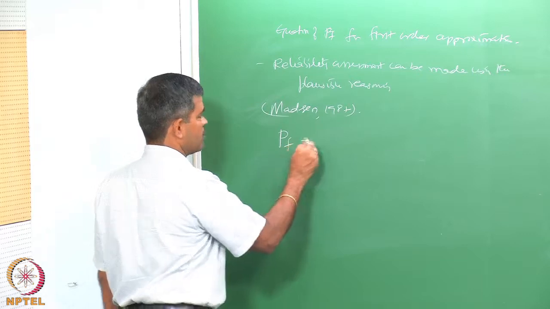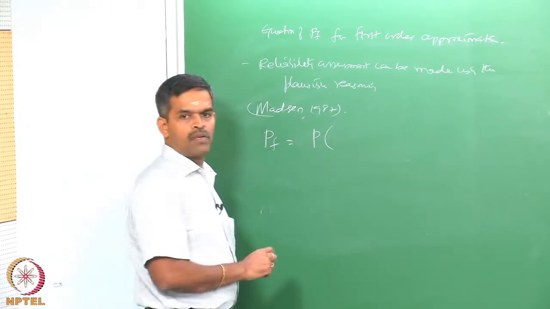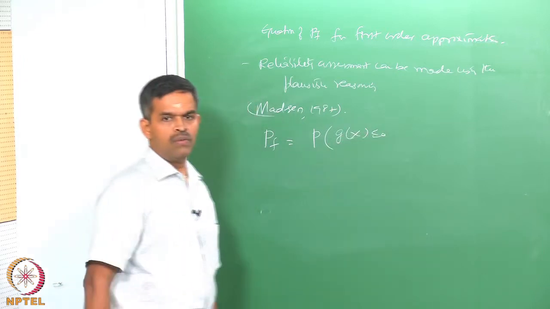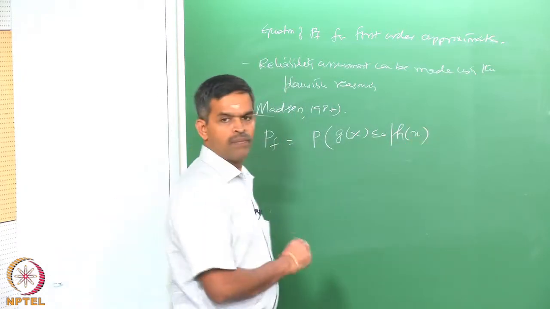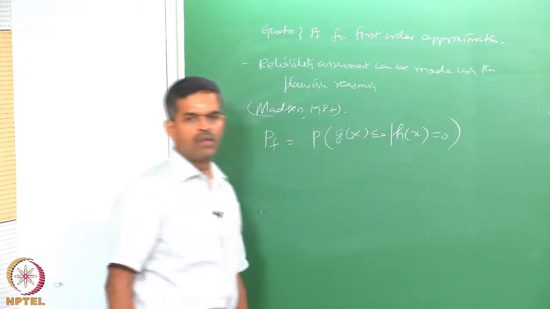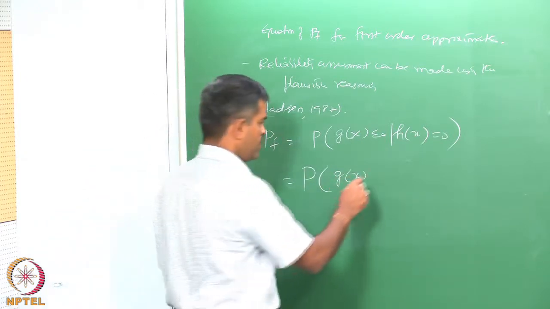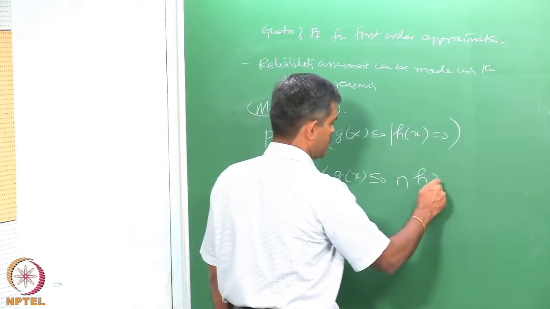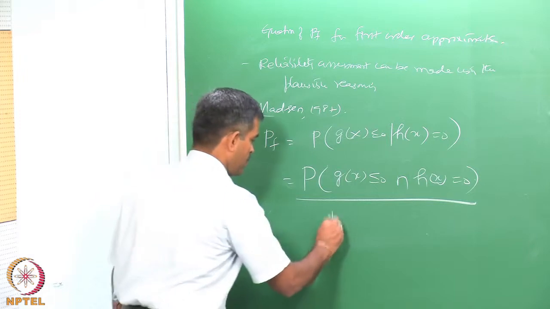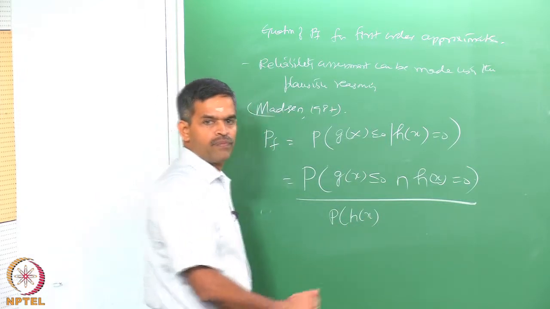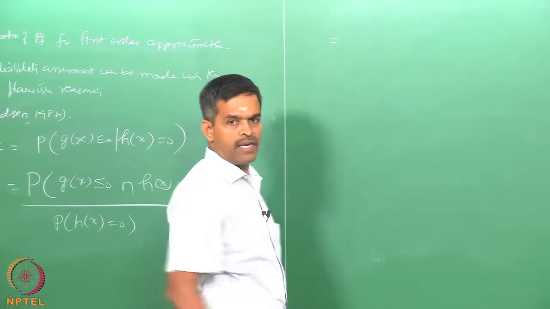Said probability of failure can be redefined slightly from equation 8 further, that probability of g of x less than 0 given h of x equals 0, which can be said as probability of g of x less than 0 intersection h of x equals 0, divided by probability of h of x equals 0. Equation number 9,